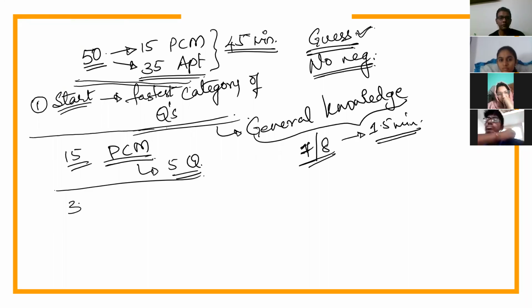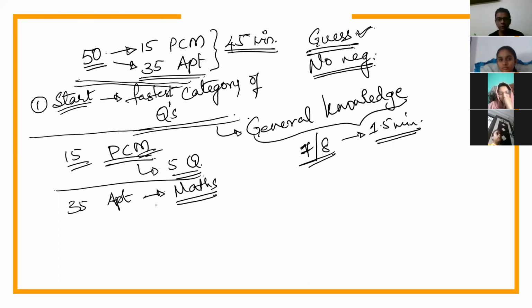Now, if there are 35 questions coming from aptitude, what does aptitude contain? Aptitude will contain maths again, because these maths are not your higher maths. The maths that you get in PCM is a higher maths, what we call modern maths, because you have geometry, mensuration, coordinate geometry, probability, permutation combination, calculus, matrices, determinants, logarithms, surds, and so on and so forth. They are modern maths or algebraic based maths. Whereas the aptitude maths are basically arithmetic based maths. Application of logic in maths is what this aptitude maths is all about.